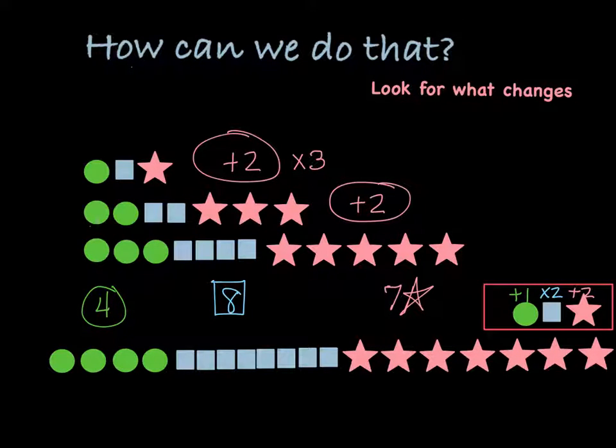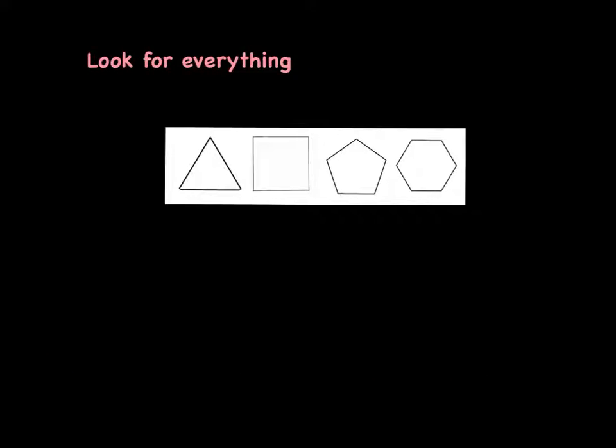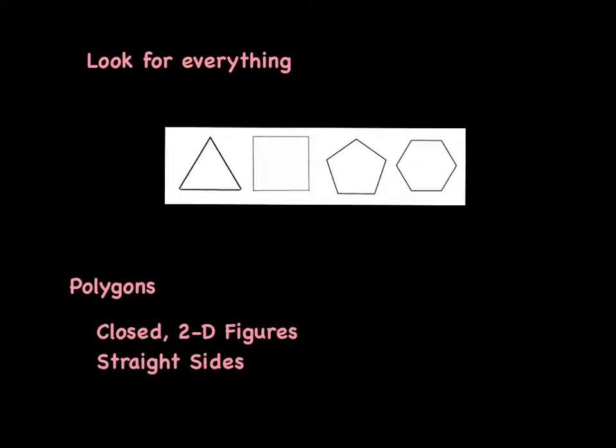So it's important to remember not to just assume that each of those geometric shapes are going to increase at the same level. I have to look at each one individually. Now, when I'm presented with shapes that follow this sequence, I have to really look at what they have in common. First of all, they are all polygons, which means they are closed two-dimensional figures. And they all have straight sides. So I can look at those features to determine what they have in common or what they might be changing